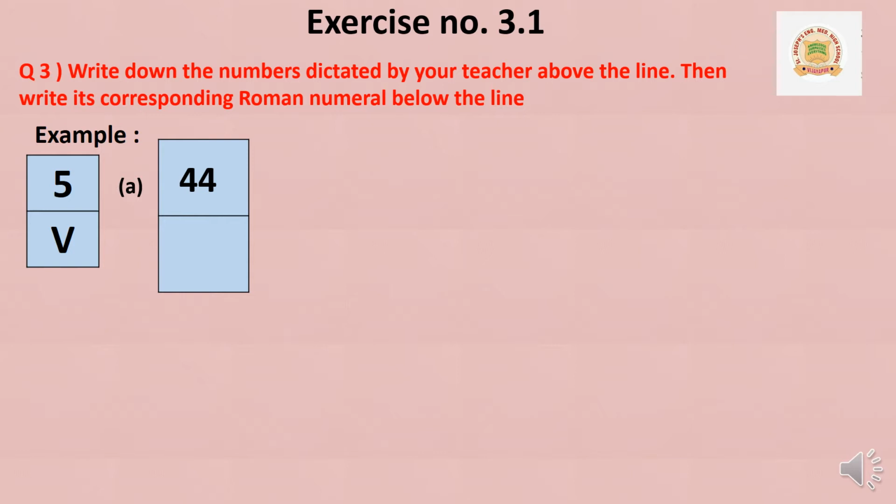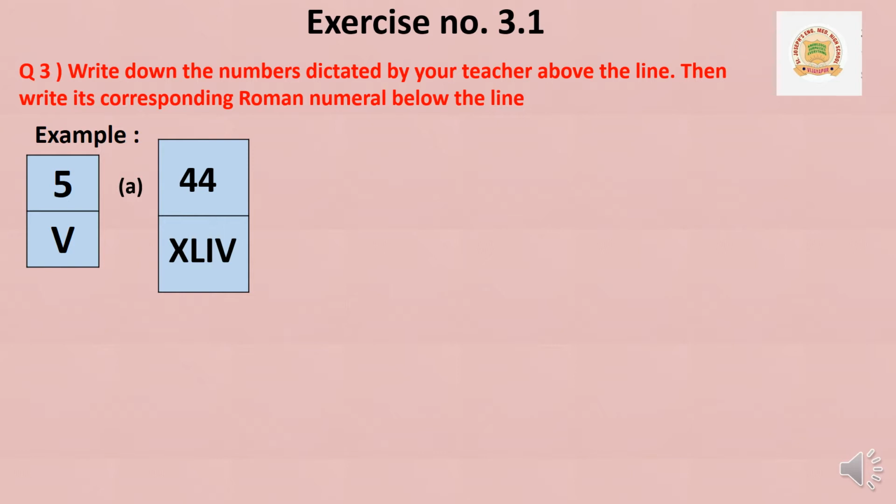Then how to write 4 in Roman numerals? IV, because V is 5 and I is 1. From the 5 we are going to minus 1, so that will become 4. That means we have to write XLIV. As I told, children, can you see? L is 50. From that 50 we are minusing 10, that will become 40. Then this V is 5, and if we minus 1 from it, it becomes 4, so the total is 44.